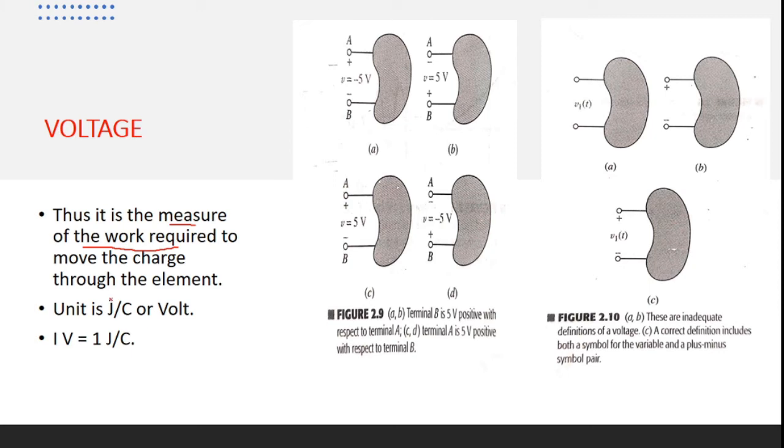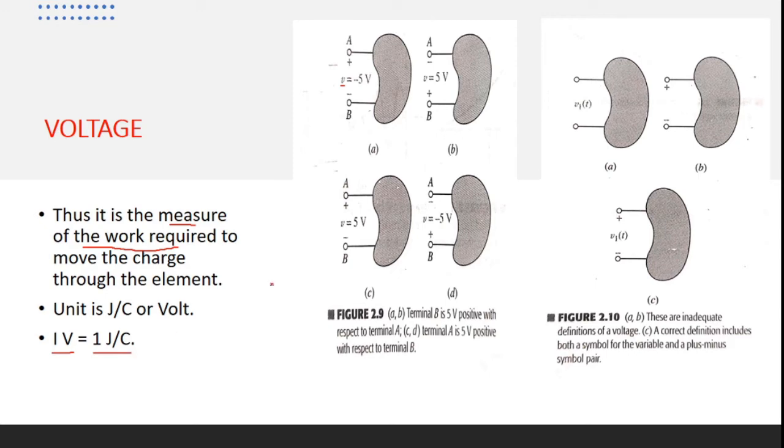When we talk about work done or energy, it is represented as joules per coulomb, and this is nothing but the voltage. We are pushing a charge in and getting a charge out. If this happens, then surely some potential difference is there. That is what we call the voltage. So we can write that 1 volt is equal to 1 joule per coulomb.